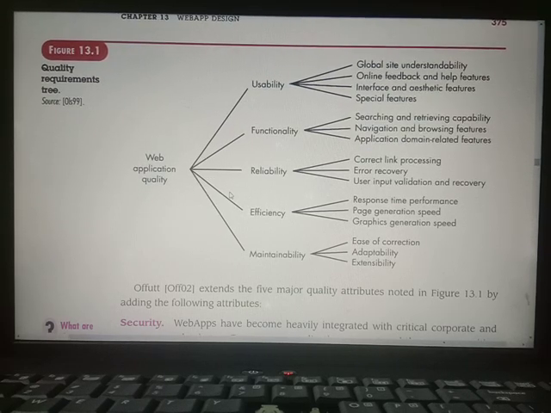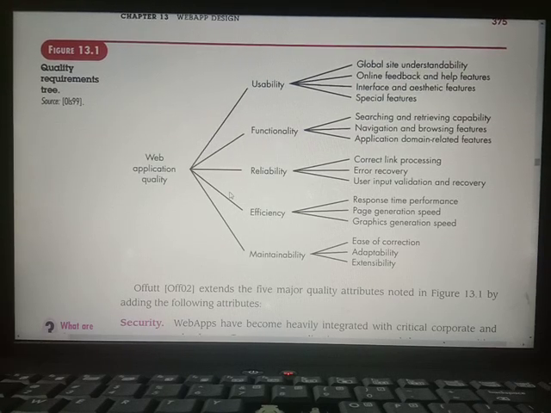The application must give a chance to take the feedback from users and provide help features and interface, along with aesthetic features, that is look and feel. Aesthetic means the layout, the shape and the color, and related things are called aesthetic features and special features.